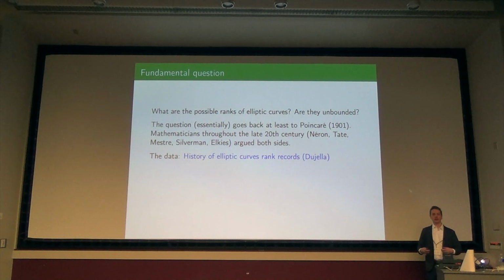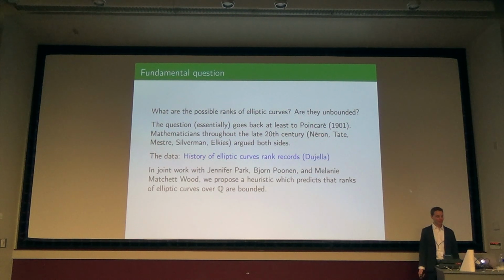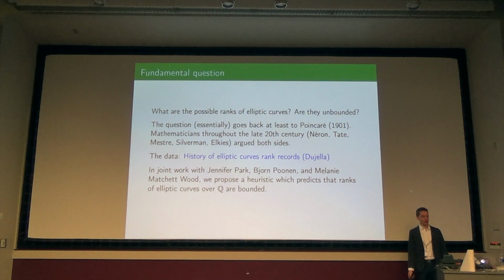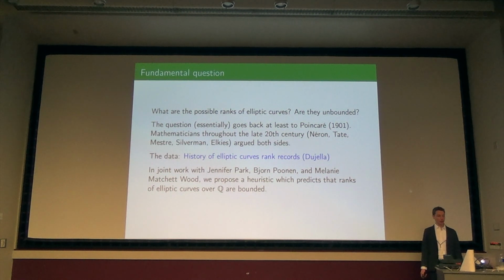There's data that shows some number of elliptic curves of high rank showing up. So if you want to see how large ranks can get, what we know right now is there's an elliptic curve of rank 28 that was found by Elkies. It's 28 under GRH, with 28 or 30 unconditionally. So that's as large as we know the rank can be, is 28. Okay? And I don't know if 28 feels like infinity to you or not, but I guess that's pretty big. So our contribution is that we propose a heuristic which predicts that the ranks are bounded. We'll also tell you what proportion of elliptic curves we think have a given rank.